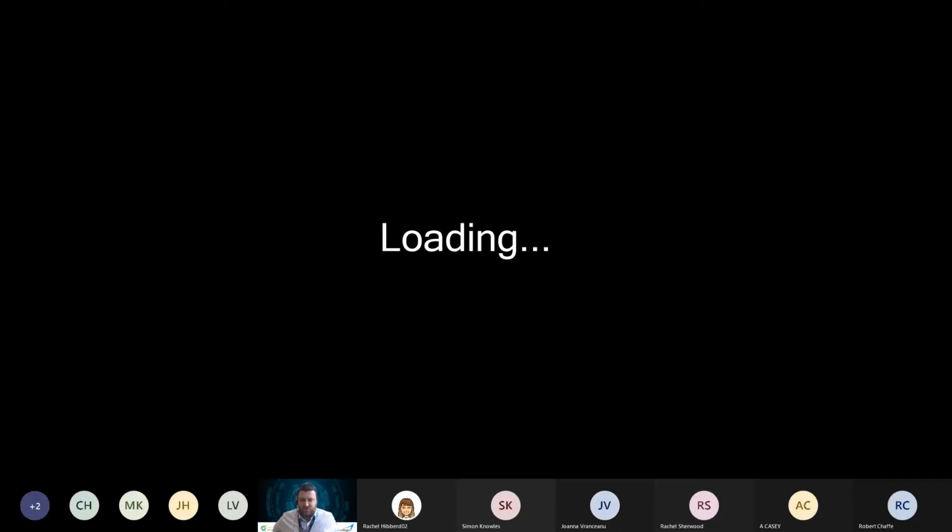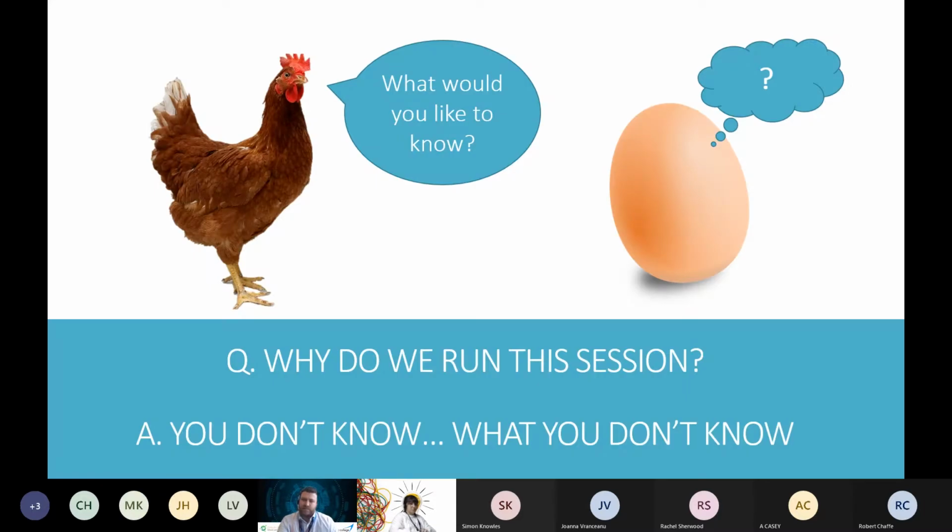So, art of the possible. The description hopefully gave you some insight about what we're going to cover today. But this is what we're trying to address fundamentally. It's this question: as IT professionals and as digital trainers, we tend to go out there and we tend to just ask people what they want training in, which I realize is not really the best